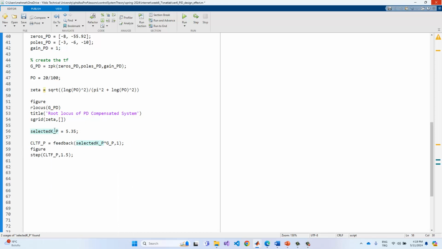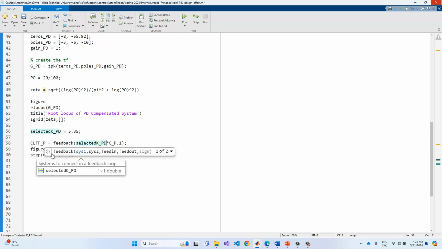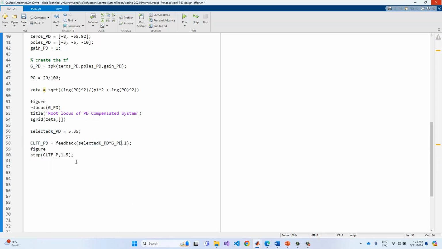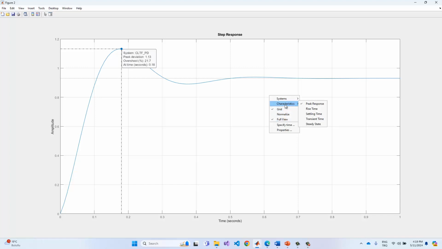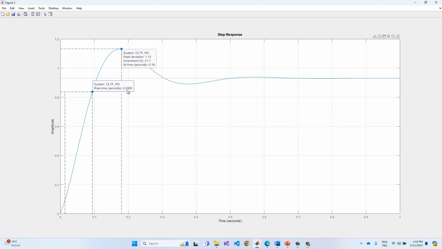So this is the PD. Okay. So we can run 1 second in here. Okay. And then the grid and characteristics, the peak response in here is the 31. It's admissible for our case, but we need to set the rise time in here, just like this one,